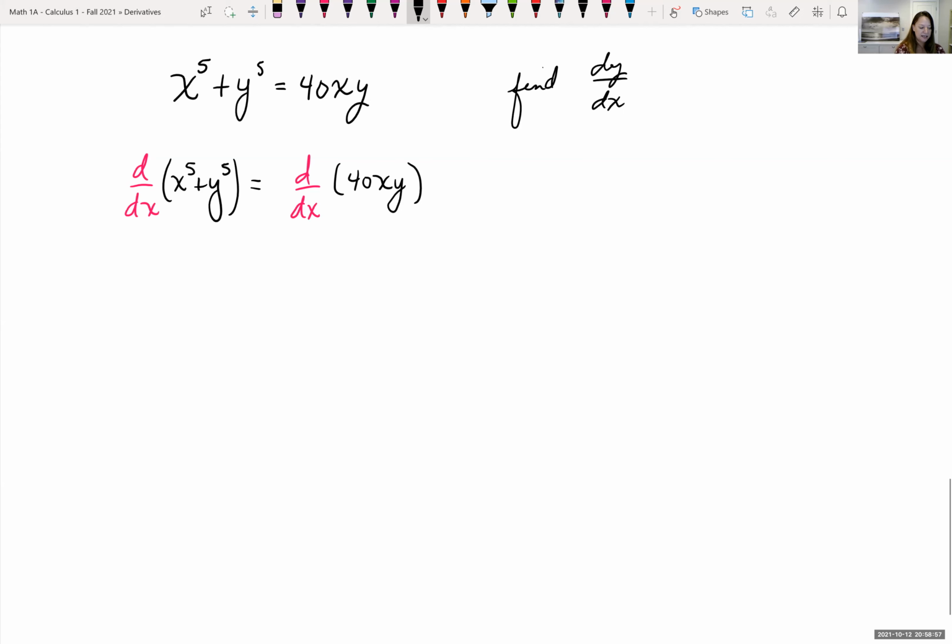Looking at the left-hand side, taking the derivative of x to the fifth, that term doesn't have a y in it. So I'm just going to take the derivative like I normally would. The derivative of x to the fifth is just 5x to the fourth, plus the derivative of y to the fifth. That does have a y in it, so I can think of that as f of x raised to the fifth power. Using the general power rule, I have 5y to the fourth, but I have to take the derivative of the inside, and so I'm just going to write that as dy dx